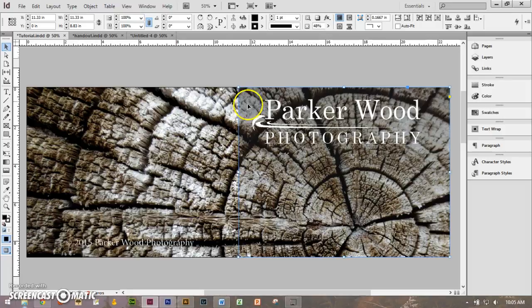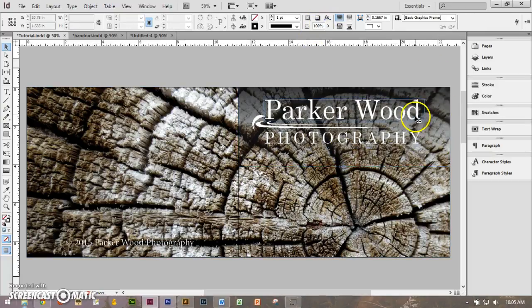I could copy this over so that my copyright 2015 Parker Wood Photography would show a little bit better. So that's just one way you can do it. You can shorten it and maybe take the opacity up so it's still a little darker. You can play around with that. Go from left to right, right to left, top to bottom, bottom to top. Just play around with it, but it is one way to get your text to show a little bit better